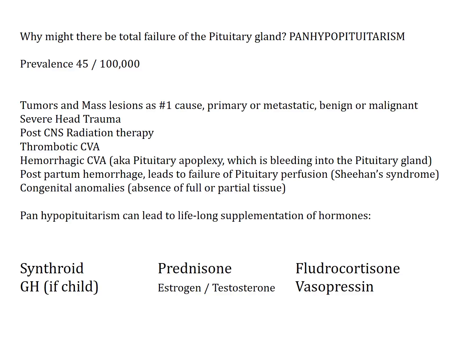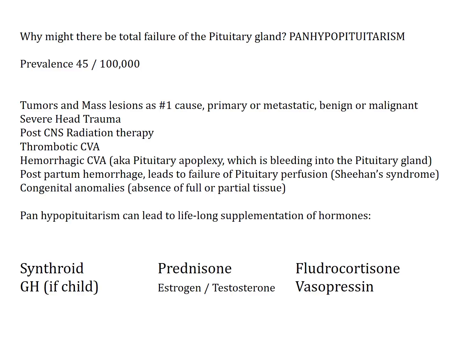So why might somebody have a total failure of the pituitary gland? A lot of different things. I talked about tumors, but there you can see a number of different pathologic events to the brain, including trauma, including stroke, congenital abnormalities where an individual may be born with an absence or partial absence of the pituitary gland. All these different things that lead to pituitary dysfunction can lead to panhypopituitarism. The individual is lacking the hormone and therefore they need to be supplemented with the end organ hormone.